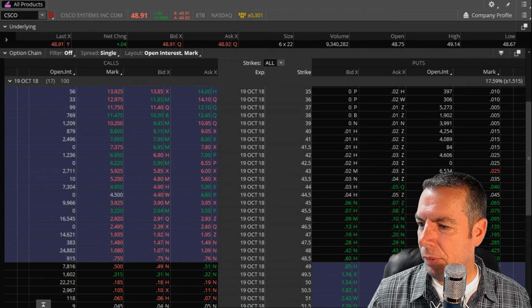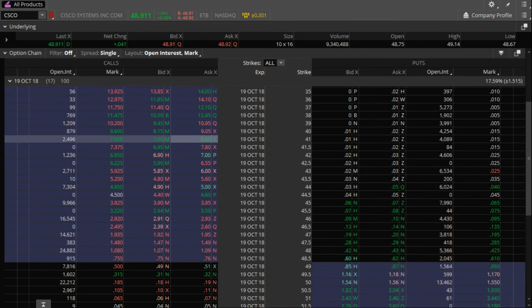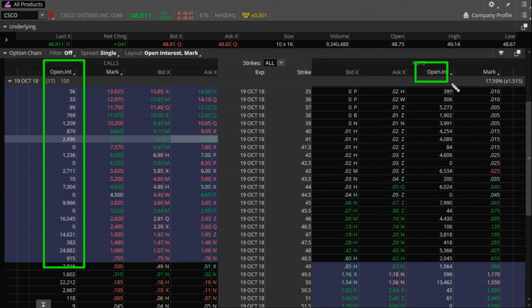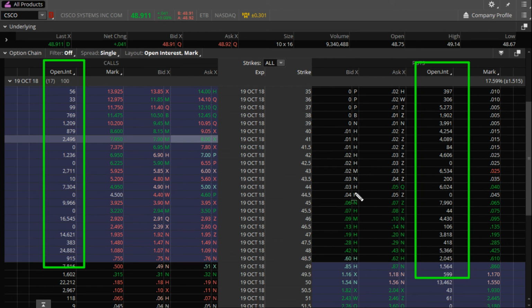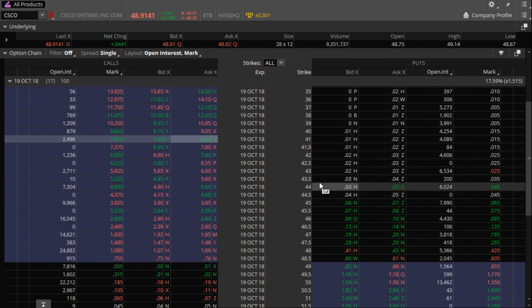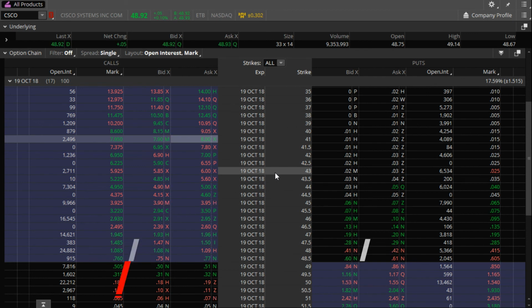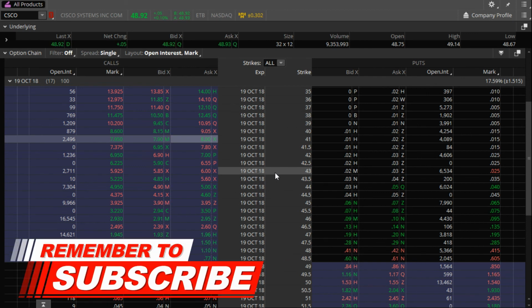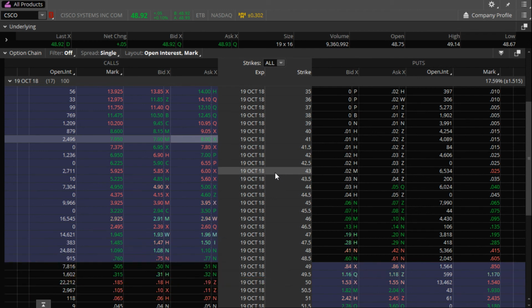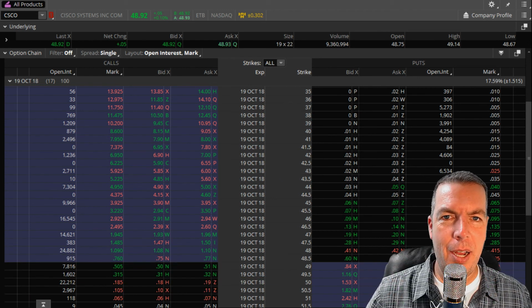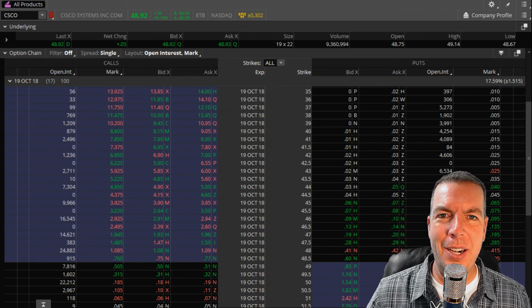Now let me just take myself off the screen here so that you can see this whole screen. And you can see over here on the left hand side we have the open interest column, and you can see that we have lots of open interest at these different strike prices: 24,000, 14,000, 16,000, 9,000. Same thing over here on the put side. We have a lot of open interest. Now the neat thing is the more open interest that we have, the bid-ask spread is more narrow because there's a lot of liquidity in those options. A lot of liquidity, a lot of buyers, a lot of sellers.